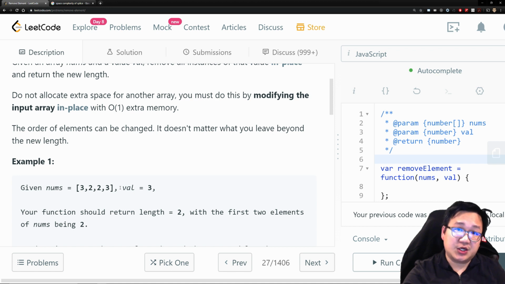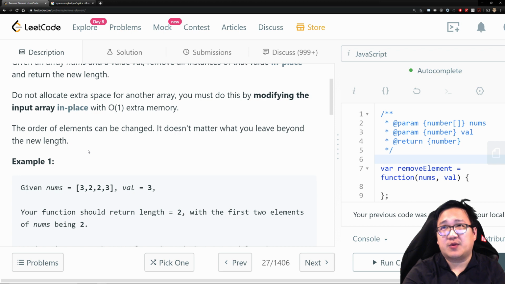But what can we use here that can help benefit us, if we don't want to use splice? This is our solution. So let's think about it. What are the data structures we can use that are all of one space? We can always just create a variable, and make sure that variable is of a size to store something, right? So we could think about what's available to us. I think I could use a variable to store an artificial pointer, in a sense, right? If you have a pointer pointing at the index,